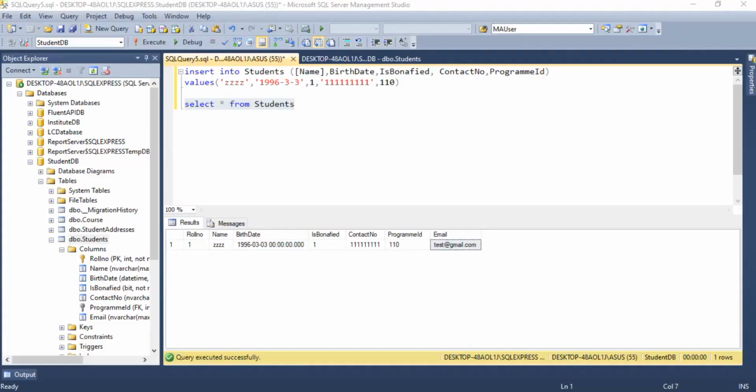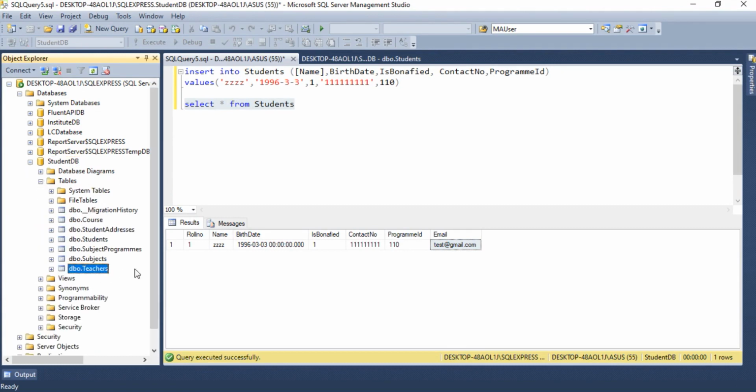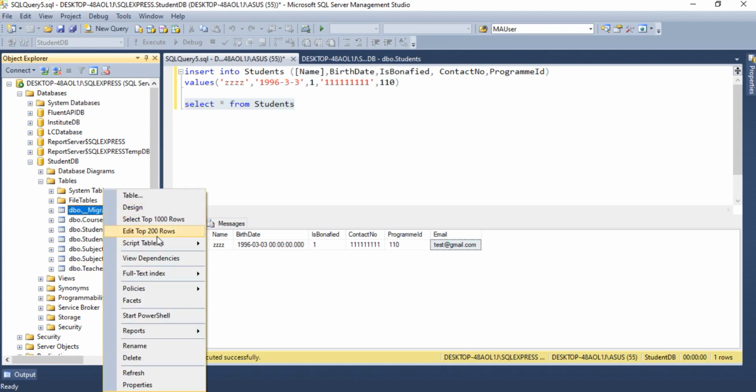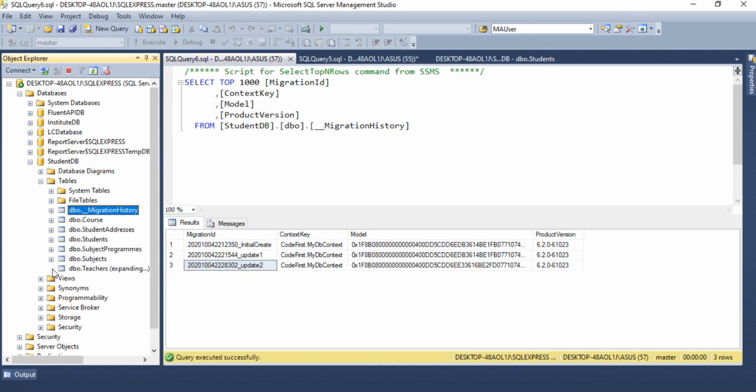So let us switch to the database. Let me refresh this. And here you will observe that there is one more table, that is teachers. And whenever you add any migration, at that time one entry will be put in the migration history table. That migration ID will be the same as the one you created while adding the migration. So it should be a unique name, that's why it automatically added the timestamp. Now this teachers table got created in our database, right?